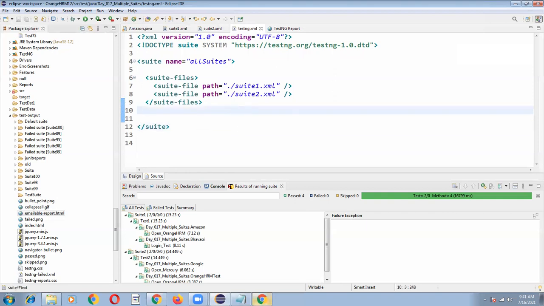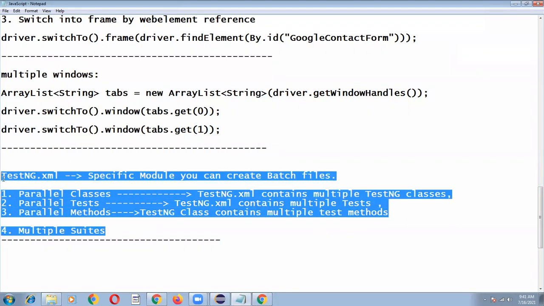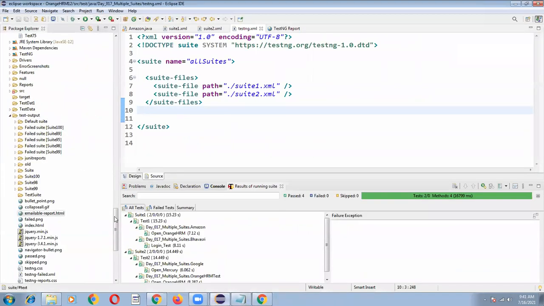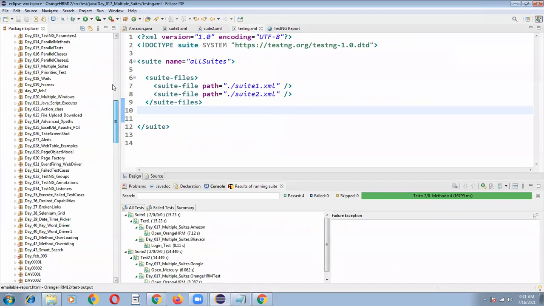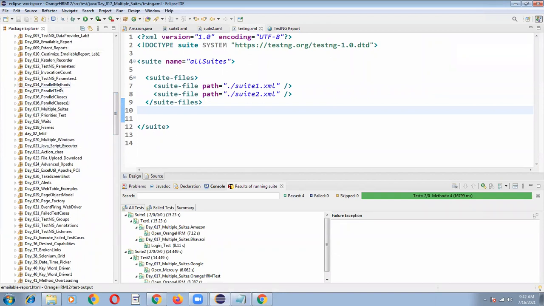So that's the summary on the complete parallel testing and how to integrate multiple suite files into a single testng.xml. That is the complete background about testng.xml. We have covered all simple topics only. Just rewind my video so you can get complete clarity. What topics did we discuss? Lab number 14, 15, 16, 17. These labs will particularly be helpful for test leads and team leads.